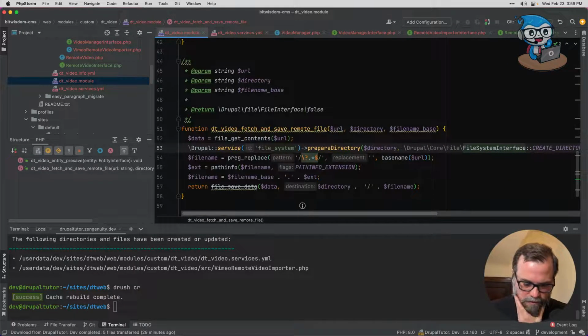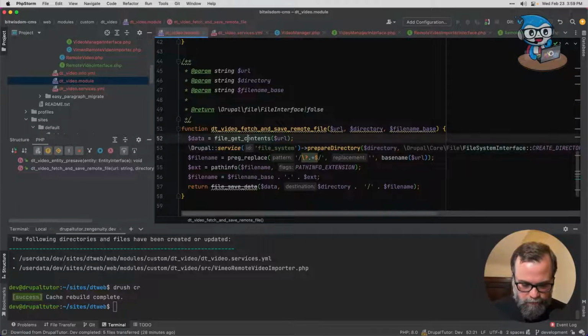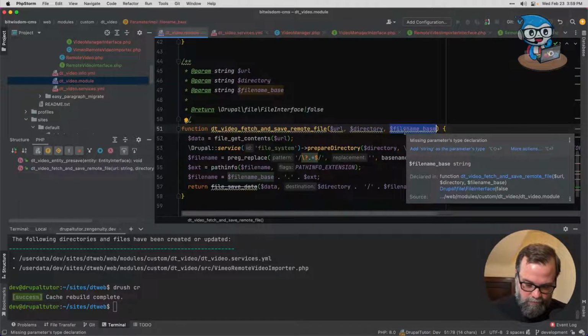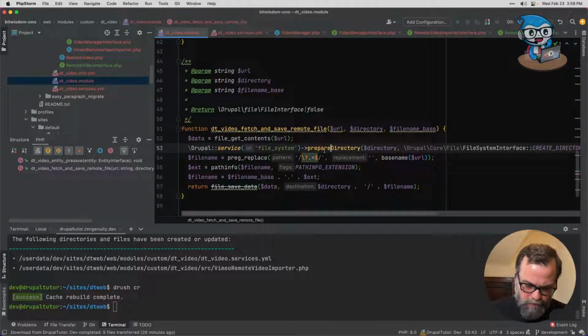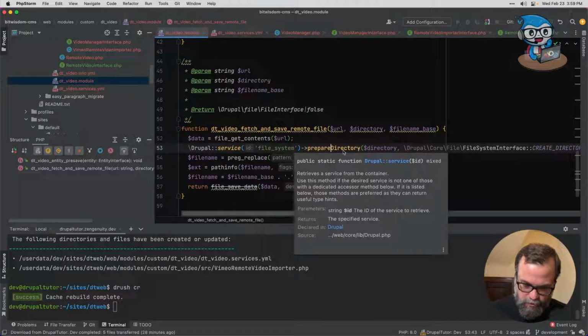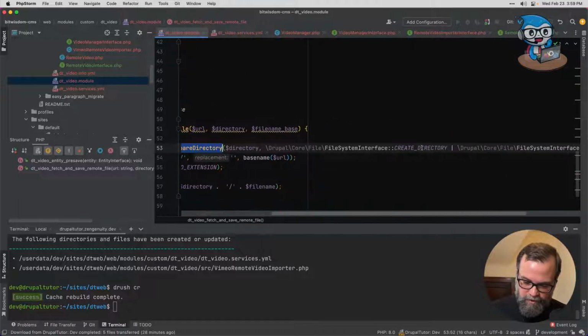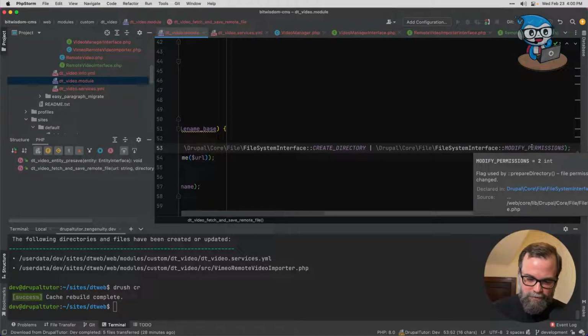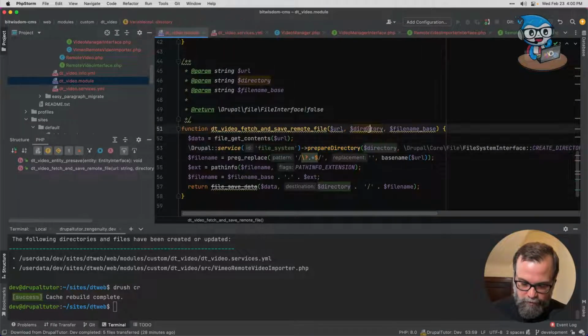All right, so this fetching a remote file and saving it to Drupal, file get contents can pull down the URL. We could use Guzzle or something as well, but I think I must have just chosen this because it's easy. So this function requires a URL, a directory where we're going to save it, and the file name that we're going to use. So we'll use the Drupal file system to prepare the directory. This will create the directory or modify the permissions if it's not writable in order to be able to write the file. That's what this will do for whatever directory we're going to store the file in. Then the file name,